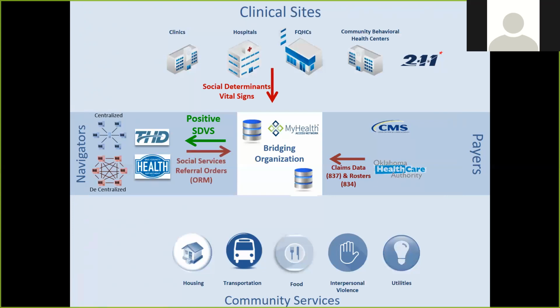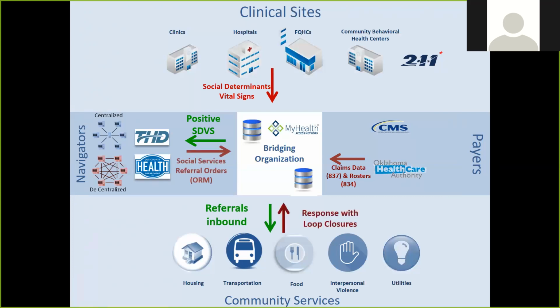We have an electronic referral management system, and they can make an electronic referral that comes back into MyHealth and delivers those referrals out to the different social service agencies to let them know to expect this patient or this family to arrive in a certain period of time, and also to make sure that those agencies have the required information they need, like the financial status of the patients and their housing situations and other information that's helpful in these agencies determining who they can serve and who they can't.